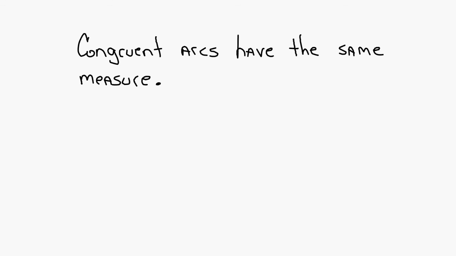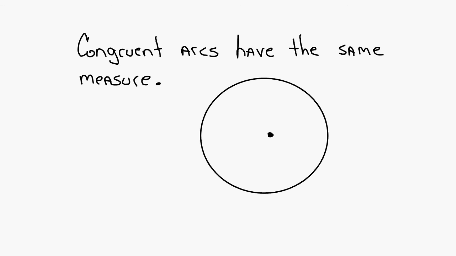Congruent arcs have the same measure, so if you were given a picture like this, remember the tick marks? If this arc has a tick mark on it and this arc has a tick mark on it, I don't know, they're probably called arc marks now,